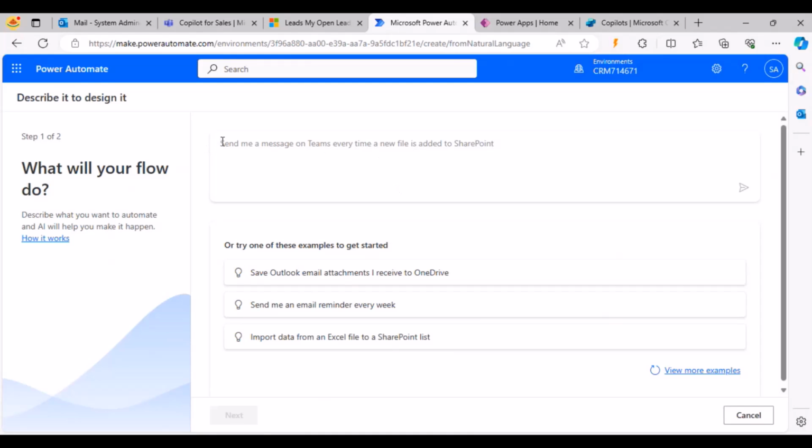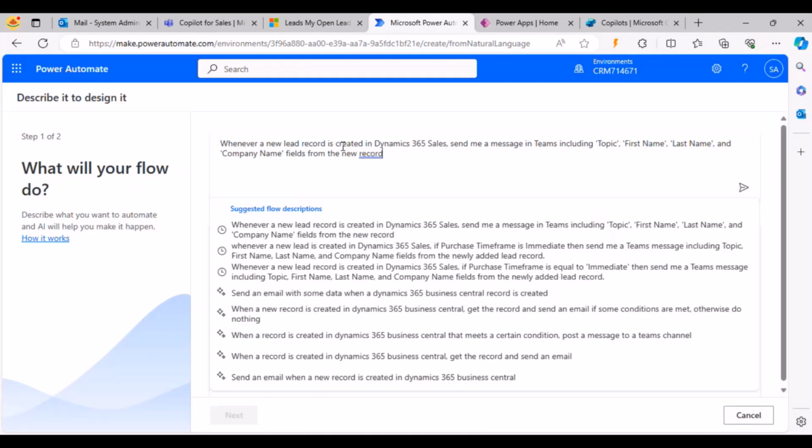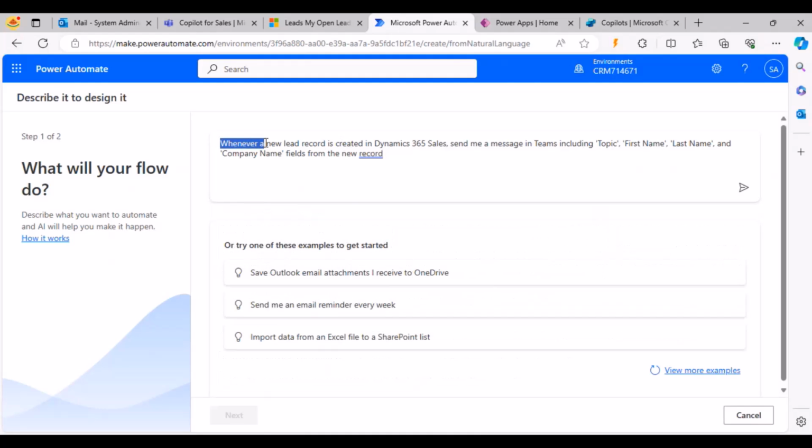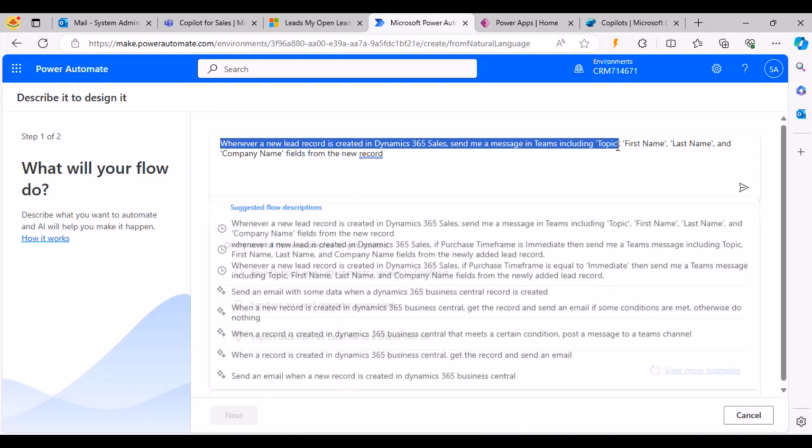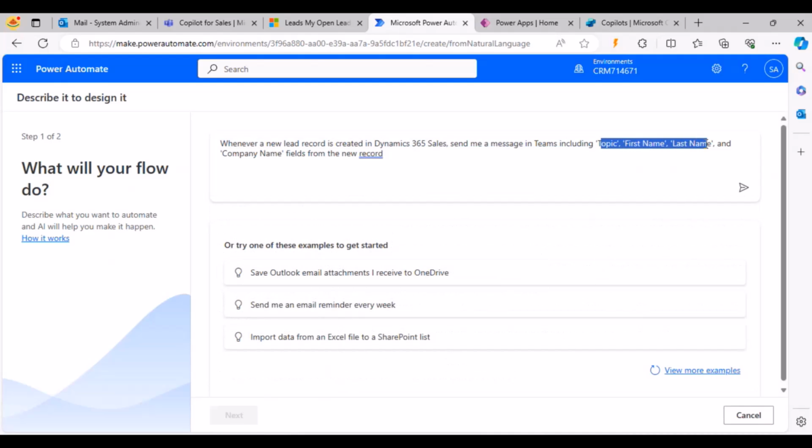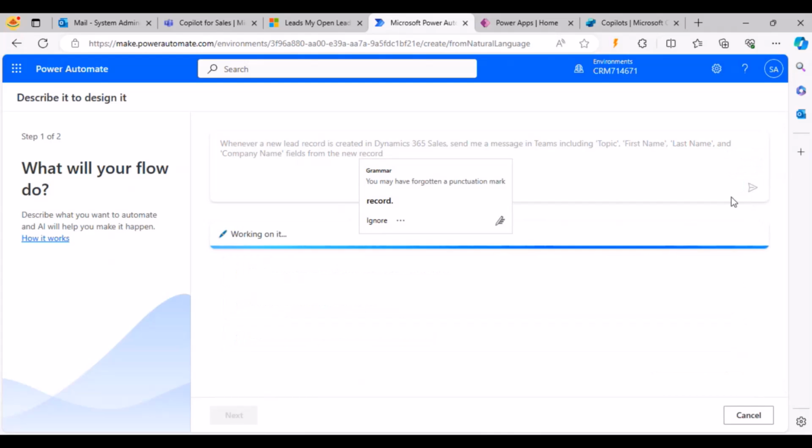So here you basically type what you want to do, and Copilot, in this case for Power Automate, is going to propose or outline a flow for us. And the prompt that we are going to give to it in this case is, whenever a new lead record is created in Dynamics 365 Sales, send me a message in Teams including this information, including topic, first name, last name, and company name fields from the new record. Okay, so that is what I want. So I will click on submit, and